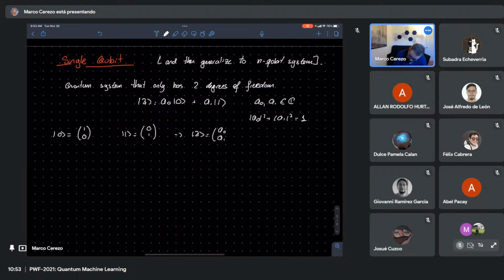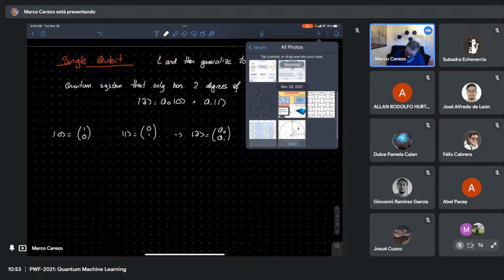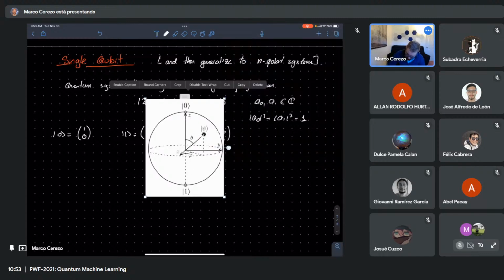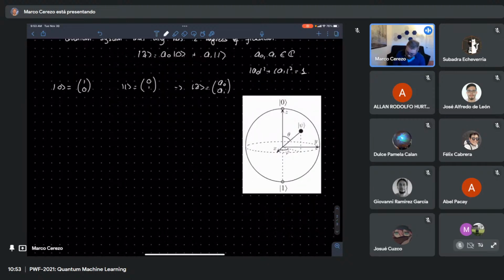So with the previous equation, our state psi in vector notation is going to be expressed as (A0, A1). You've probably already gotten tired of hearing this many times, but the state of a qubit can usually be represented on the Bloch sphere. All the credits for this image go to Wikipedia. Credit where credit is due, right? So we know that on the Bloch sphere, the states of a qubit are associated with points on the sphere. The first thing you should know about the Bloch sphere: